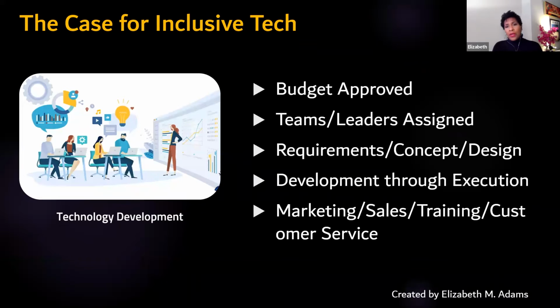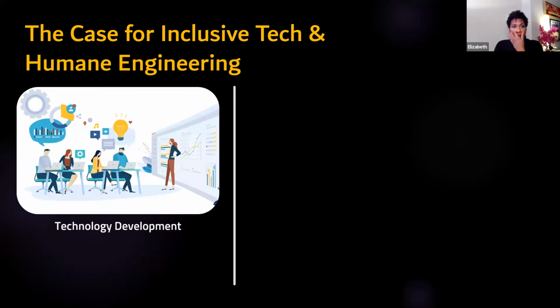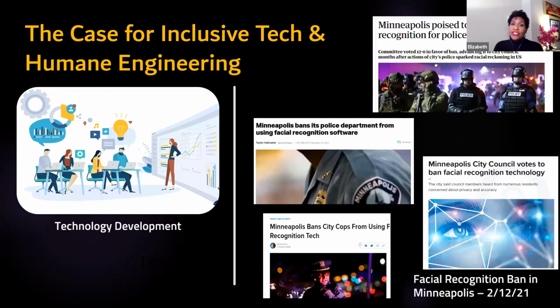And I think it's really important to understand what this is about, because this is the case for inclusive tech. But what happens when our technology worlds and our social worlds collide? All of this work and time and money that's been allocated to what seems to be an exciting initiative to advance technology, only to end up with what's happened on the right, only for technology to end up in society where a community unites to advocate for its ban.